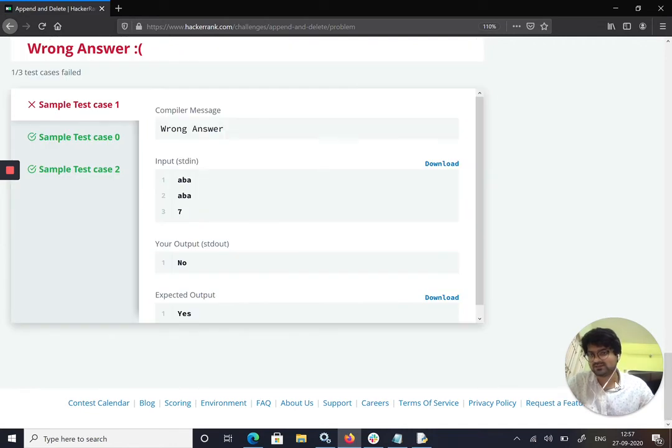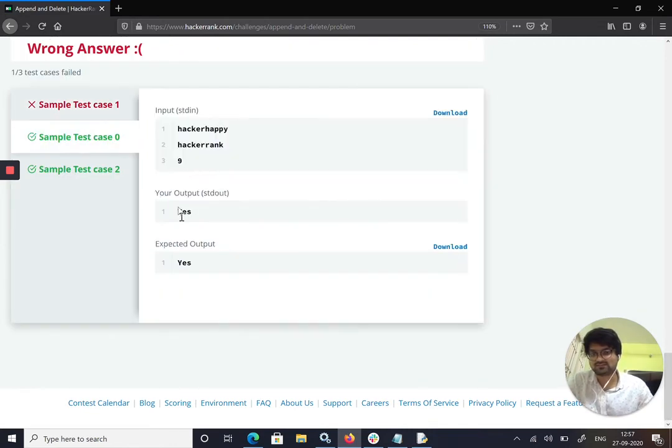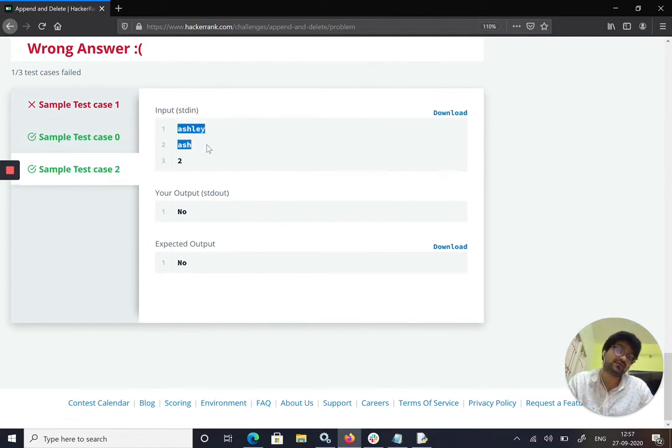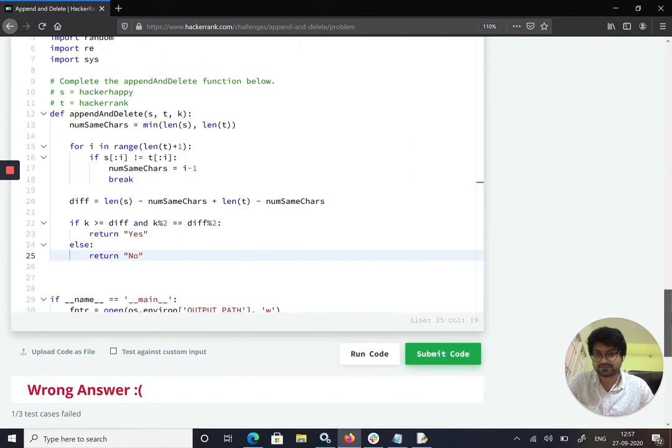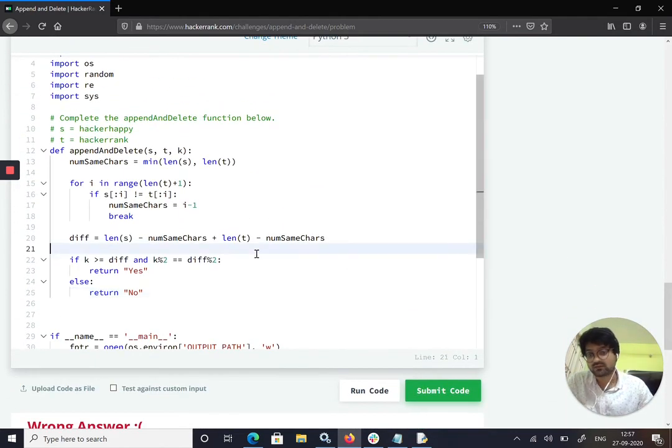You can see the zeroth case worked, and case number 2 also worked because it has different values. It tried the k operations, which were fewer, so it printed no. But this case failed because it has the same s and t. We didn't have that condition, because for the same strings the number of same characters will be 3, and both have 3.